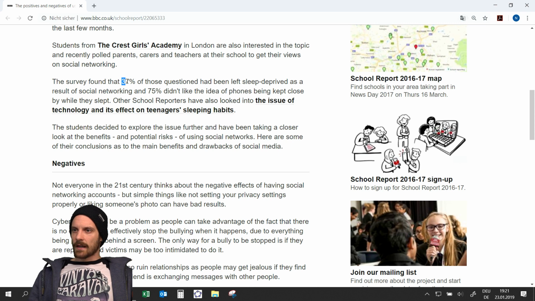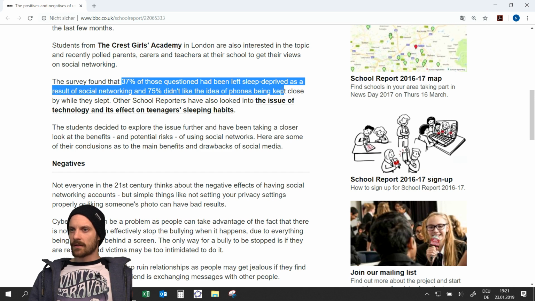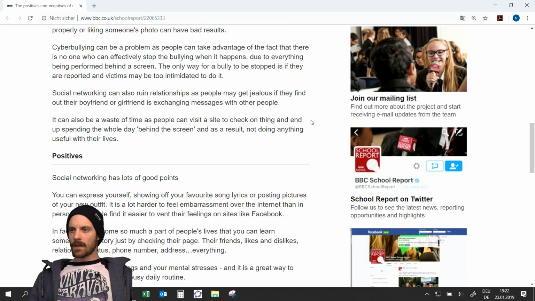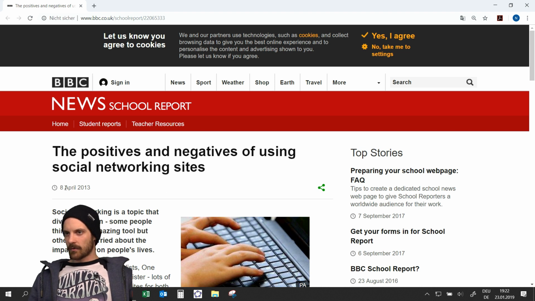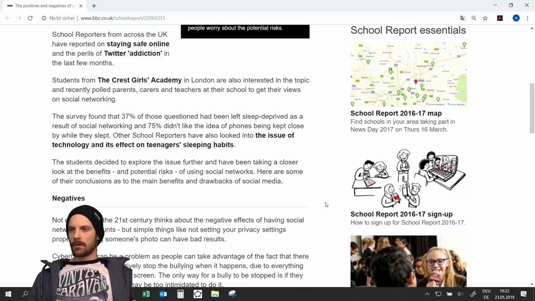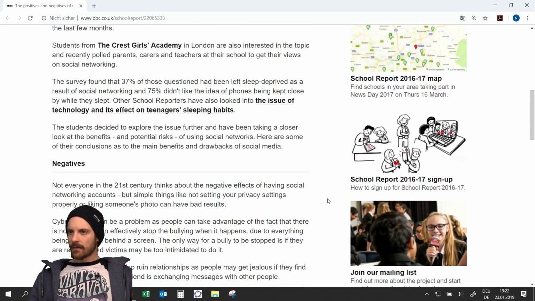In this case we have here 37% of those questioned had been left sleep deprived as a result of social networking, and 75% didn't like the idea of phones being kept close by while they slept. So now I've scanned the article, and maybe I want to scan the article for something really easy, the date, for example, 8th of April, or negatives. Where do we have negatives here? Negative effects,